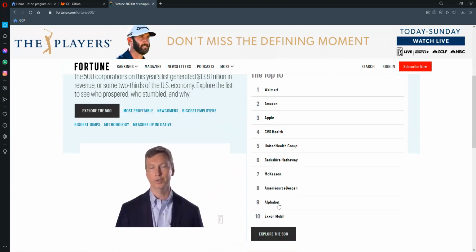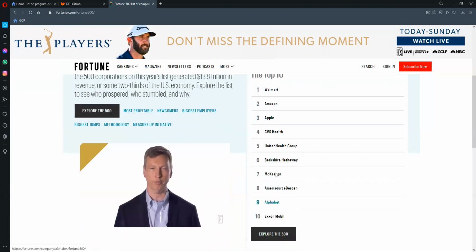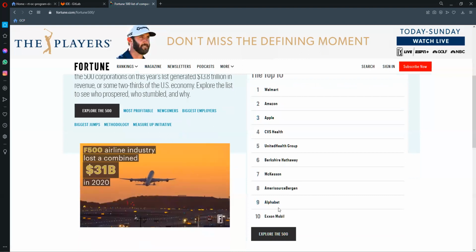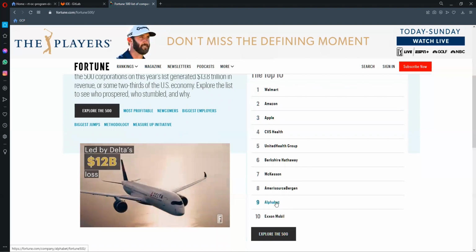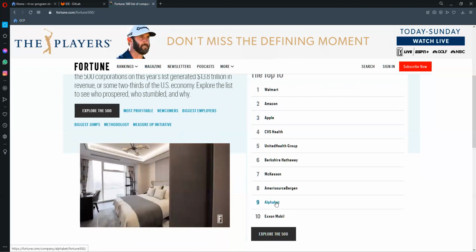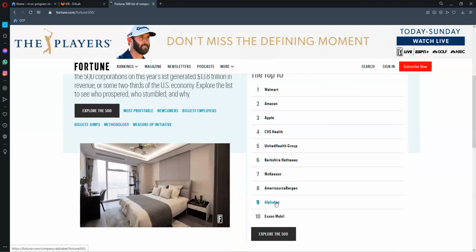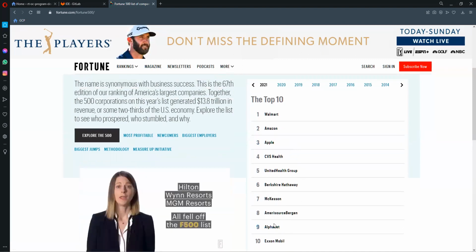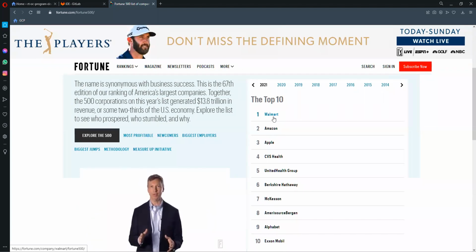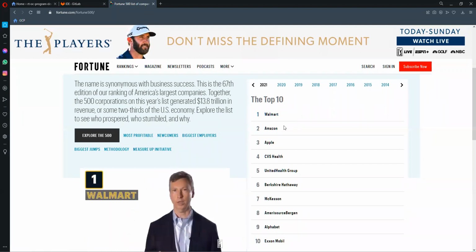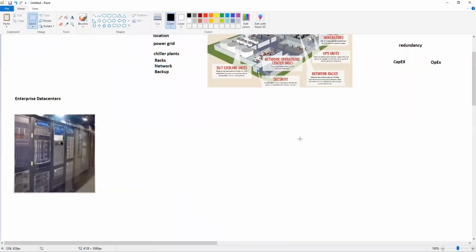Now, Alphabet is the only company that I see in the list which is actually in IT, because Alphabet is the parent company of Google and others. So these companies can afford to have their own data center, right? They have the power, they have the money, they have the resources, and they can pretty much go and do that. So Fortune 500 companies can easily afford to do it.